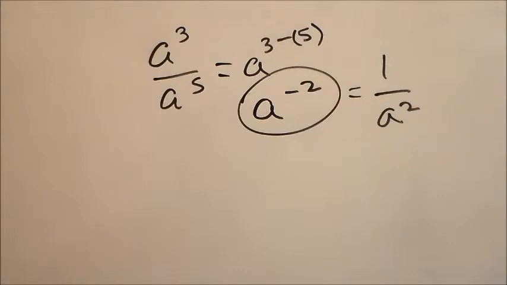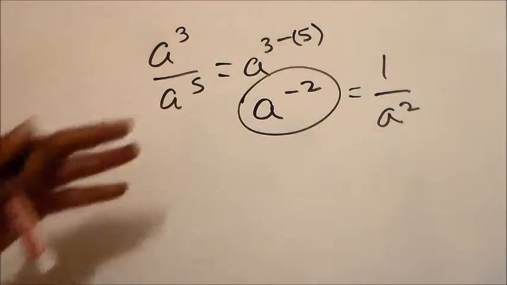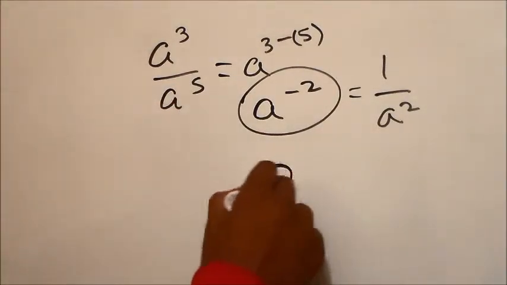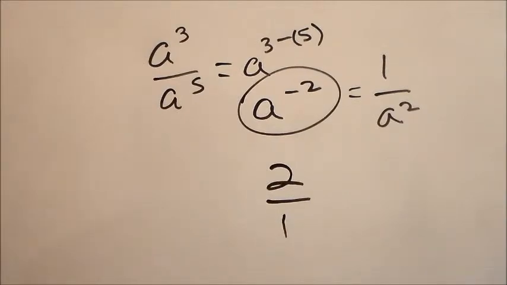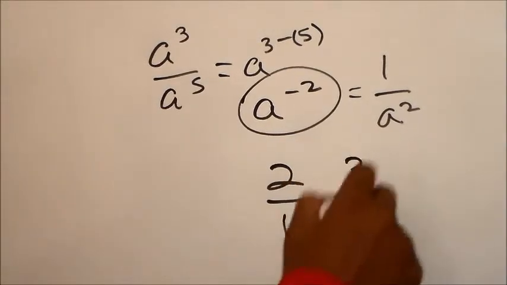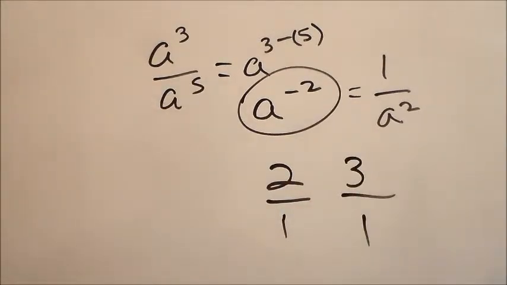Okay, so when you think about this number, think of it as every number. Like if I have a number 2, it's really 2 over 1. If I have a number 3, it's really 3 over 1. Okay, so